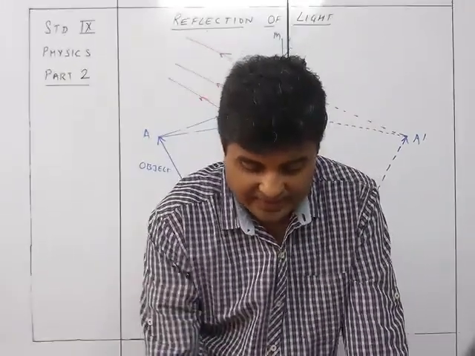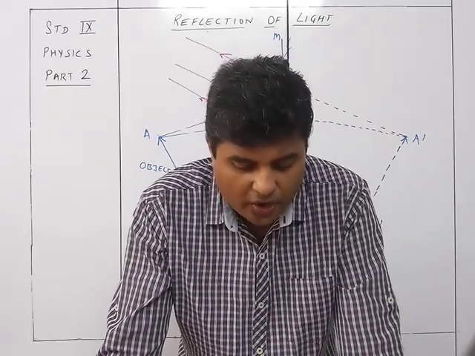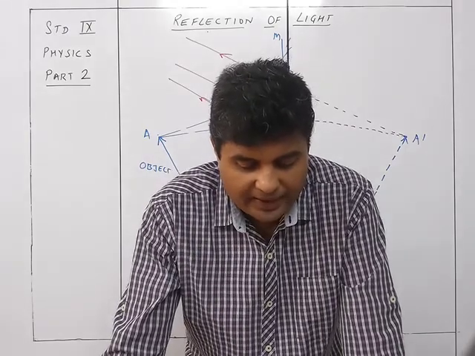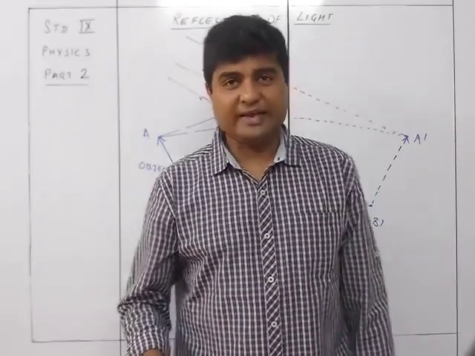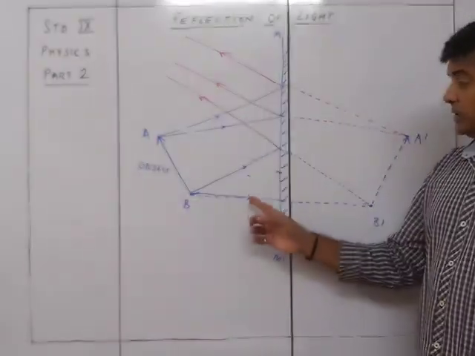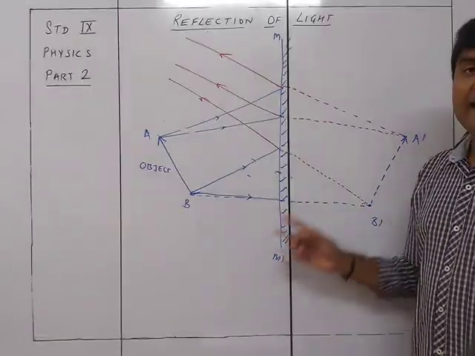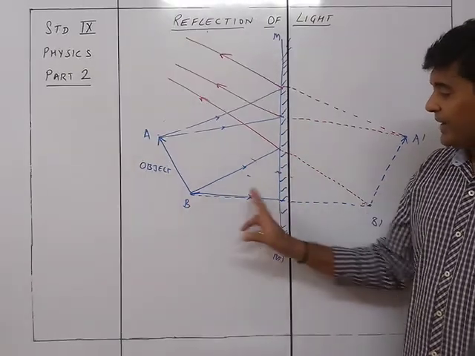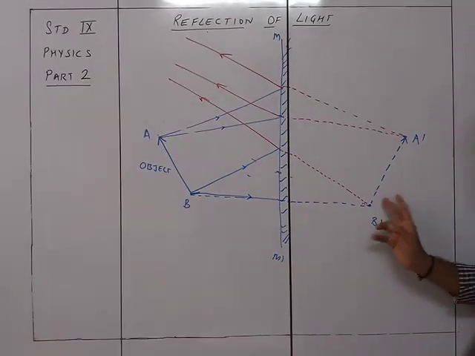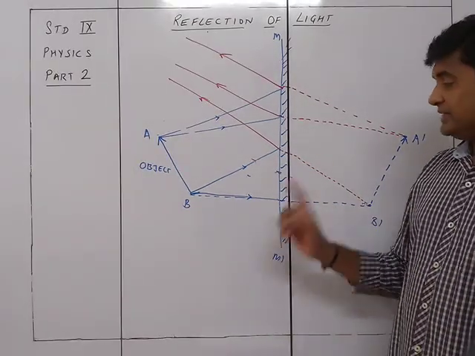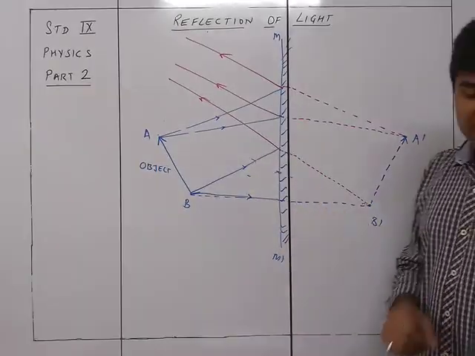Now we see the next thing. So you can see we have just read over here that the image is situated on the normal drawn from the object on the mirror, and it is as far behind the mirror as the object is in front of it. So when you are drawing this particular part, the incident ray and the reflected ray both are on the same line, and also जितना distance पे object is there in front of the mirror, the same is the distance between the image and the mirror. So distance between mirror and object is equal to distance between mirror and image.